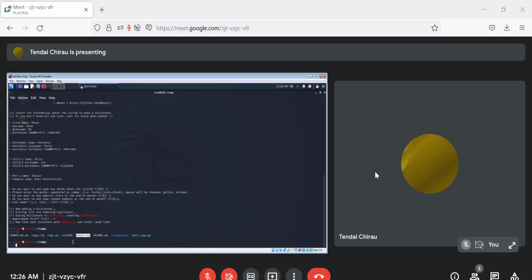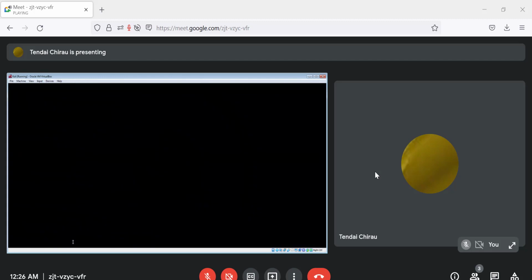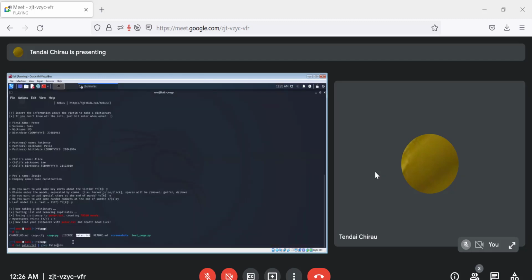Then the next step is to open the file using the cat command to see the contents of the file peter.txt. So we say cat peter.txt,